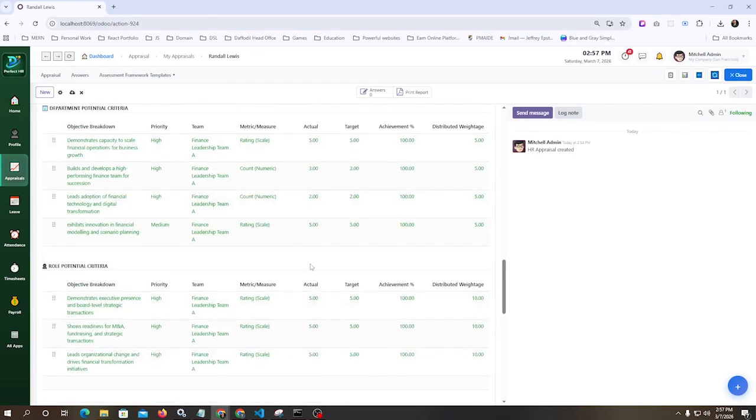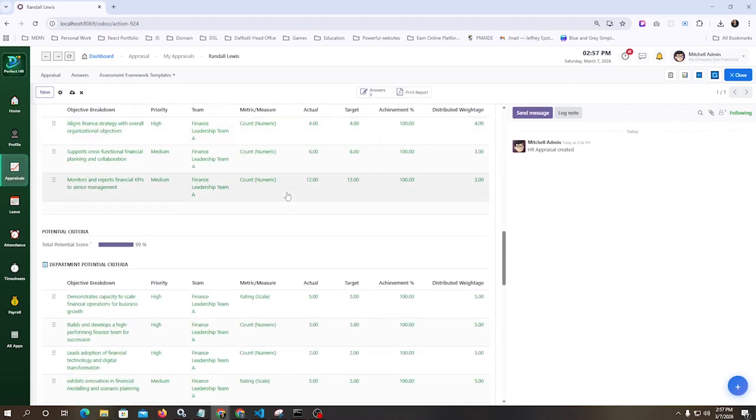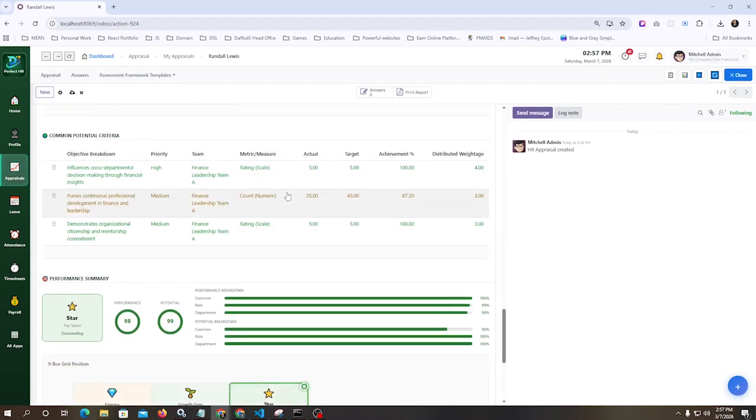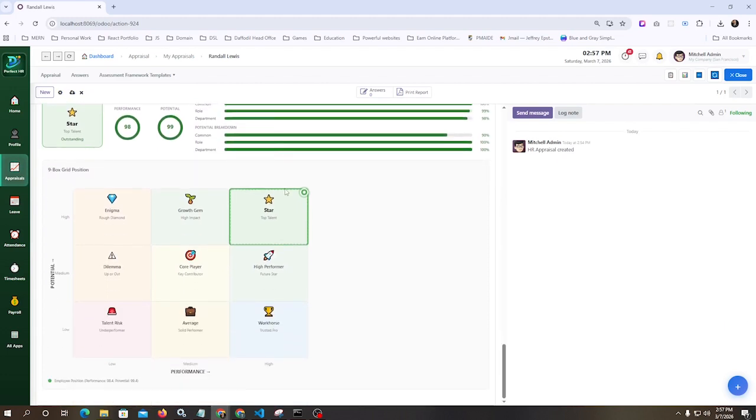So, we have entered the actual values as per the target values here, and scrolling further down, we reach the performance summary section. This is where the 9-box grid comes to life. Once actual values are entered and the appraisal is evaluated, this section displays a live, interactive 9-box grid visualization showing the employee's precise position based on their performance and potential scores. You will see the performance score plotted on the horizontal axis and the potential score on the vertical axis. The employee's current grid cell is highlighted along with its label. For example, Growth Gem, Star, Core Player, or any of the other 9 classifications, giving HR and leadership an immediately